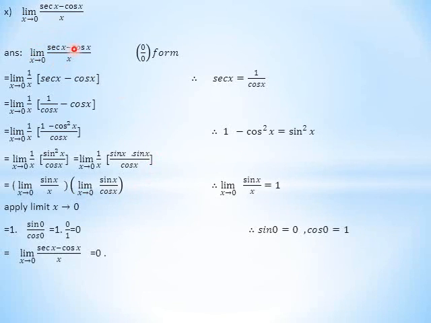Again I'm just converting sec x and cos x. So 1 upon cos is the same. By the LCM, 1 minus cos square x upon cos x, and 1 minus cos square is sin square. So sin square x means I can write sin x times sin x. So this sin x goes with this x, sin x upon x, box upon box, and sin x upon cos x is tangent x. Okay, so tangent 0 is always 0, and this is 1. So 1 multiplied by 0 is 0.